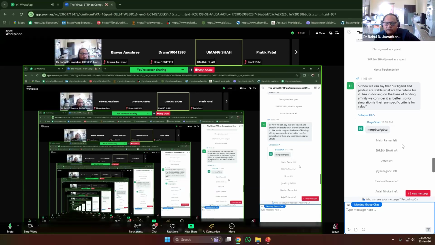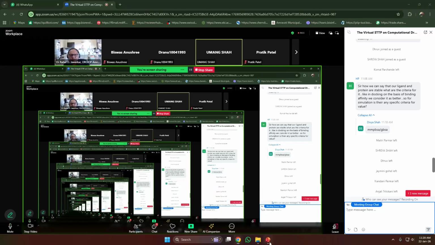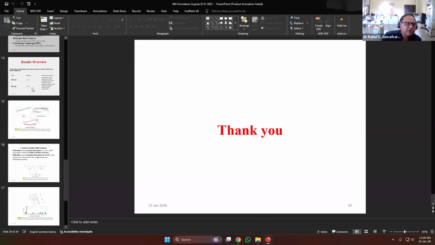We evaluate the stability of the drug-receptor complex using MD simulation. Under that, we evaluate various parameters like RMSD, RMSF, radius of gyration, and hydrogen bonding. On the basis of this, we can conclude that the drug is stable in the receptor complex. And for RMSD, if it fluctuates, or if the simulation ended with the